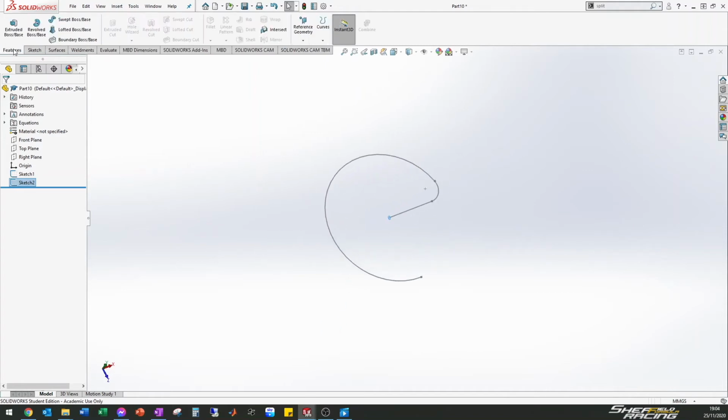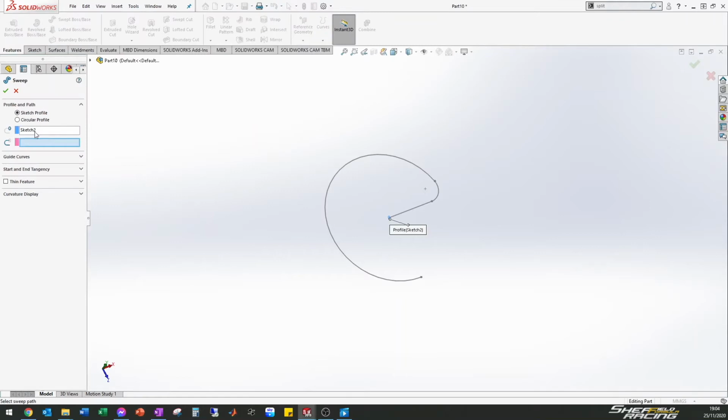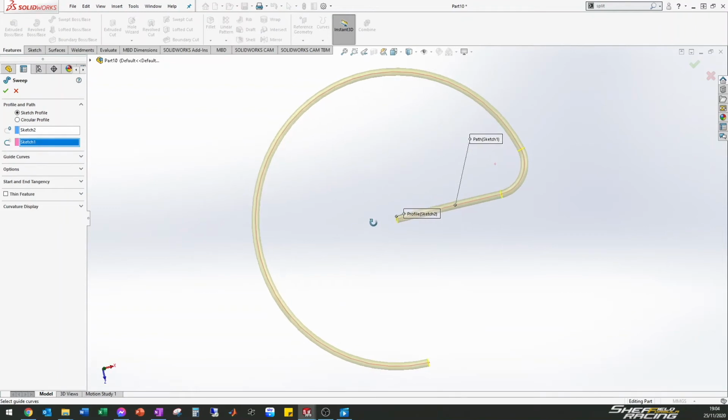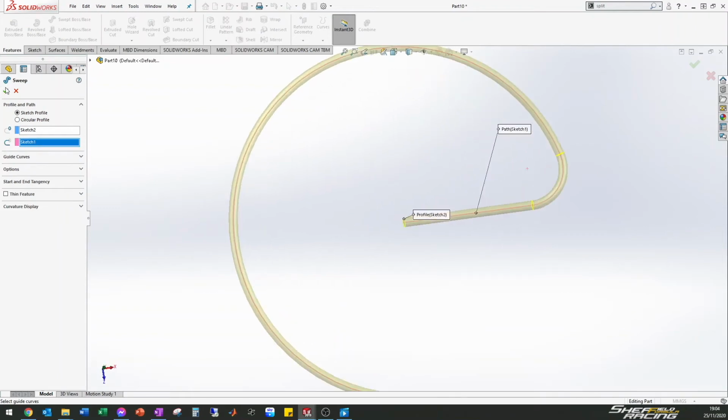So if I go Features, Swept Boss/Base, it wants me to determine the profile, which is this circle here, and now it wants me to select the path, so I can click this sketch here, and you can see that's exactly what we want it to look like. So if I just click OK,